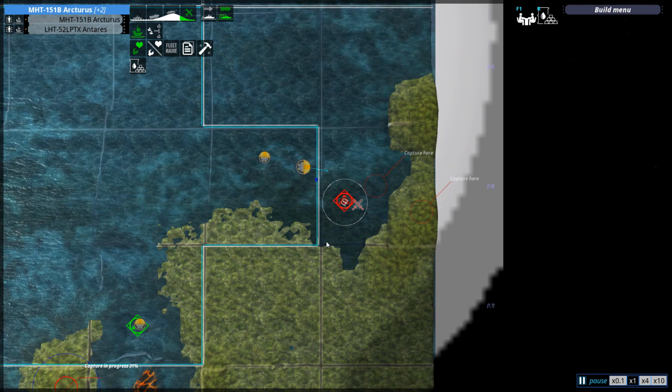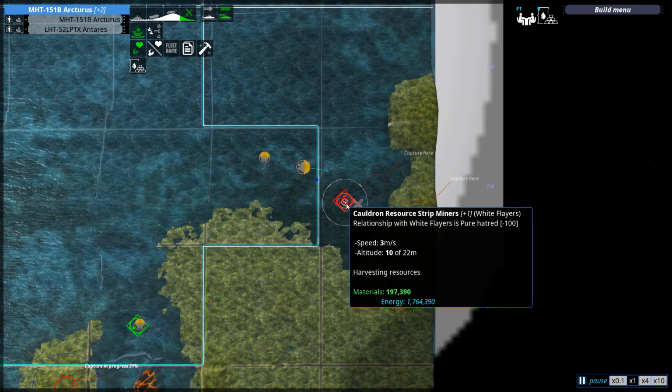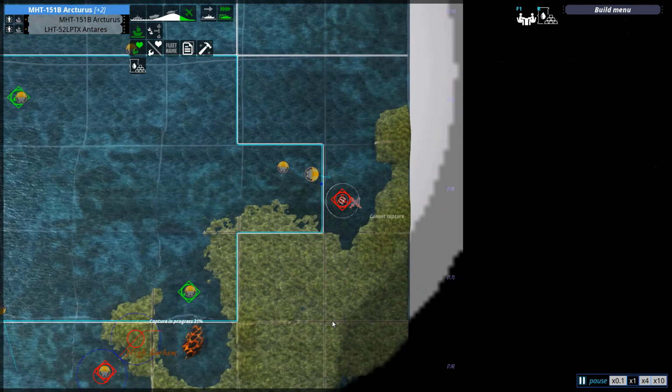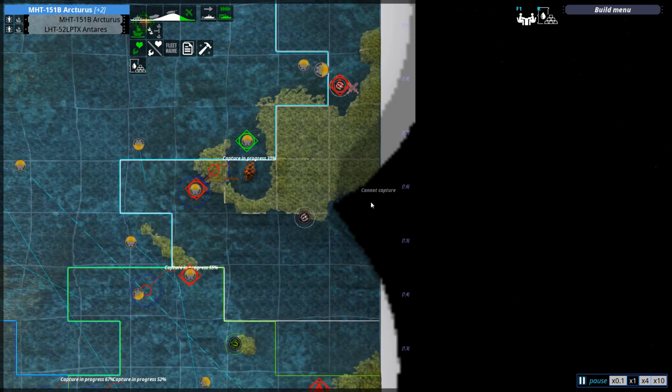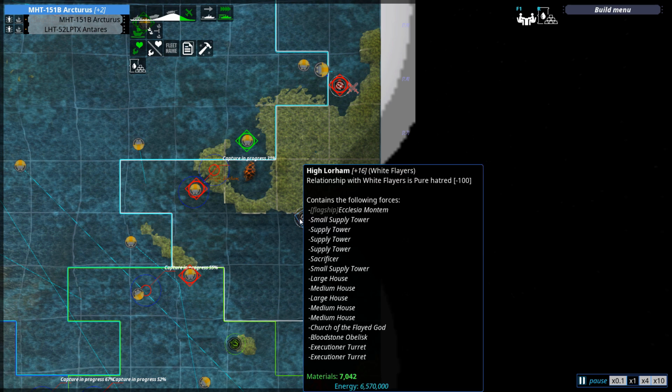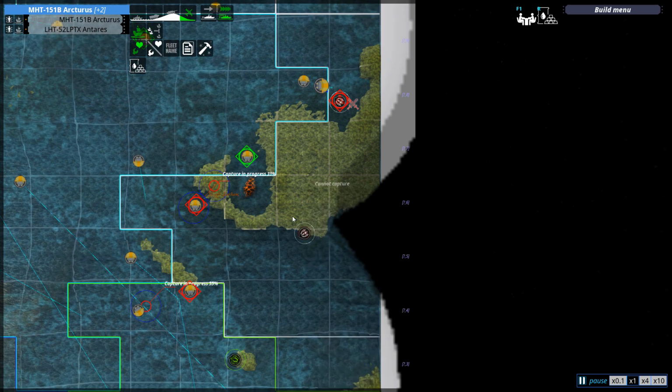All right, I felt like I should point out that we are about to take the final resource zone from the White Flayers. Not that they've been able to fight back anymore, they can't produce. And usually I would ignore the villages, but High Loreham has a Church of the Flayed God, a Sacrificer, a Bloodstone Obelisk, and the Ecclesia Montem. I don't think we can let that stand, so that might be coming next. But for now,